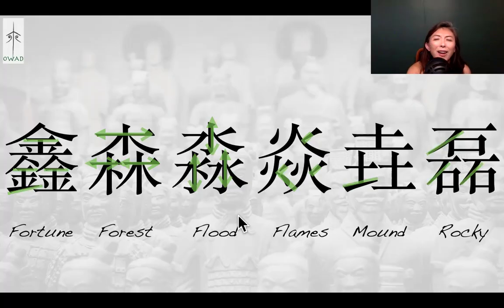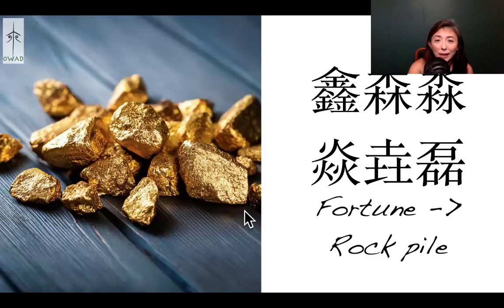So all that evolved over time and makes our today's language still recognizable from the original form, but definitely layered with efficiency of writing. So here, from fortune, these golden nuggets, a pile of gold, to a rock pile, a pile of rocks. So these are perfectly representing